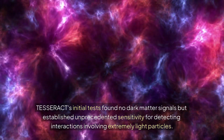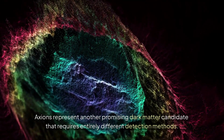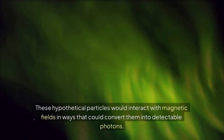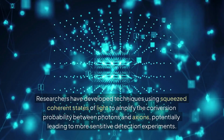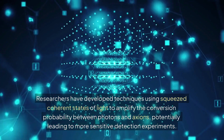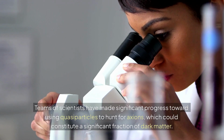Axions represent another promising dark matter candidate that requires entirely different detection methods. These hypothetical particles would interact with magnetic fields in ways that convert them into detectable photons. Researchers have developed techniques using squeezed coherent states of light to amplify the conversion probability between photons and axions, potentially leading to more sensitive detection experiments. Teams of scientists have made significant progress toward using quasiparticles to hunt for axions, which could constitute a significant fraction